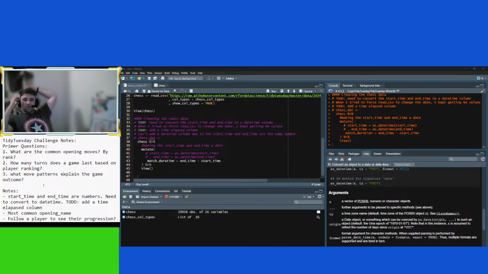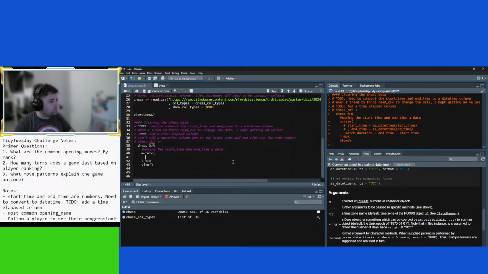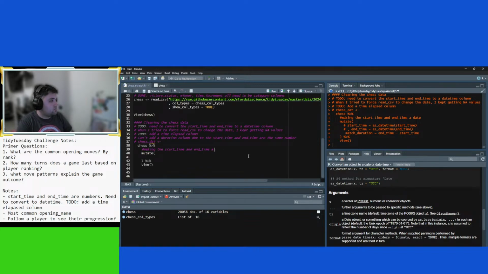The common opening moves by rank. Okay, so let's do that instead.